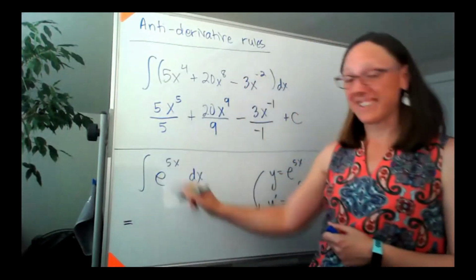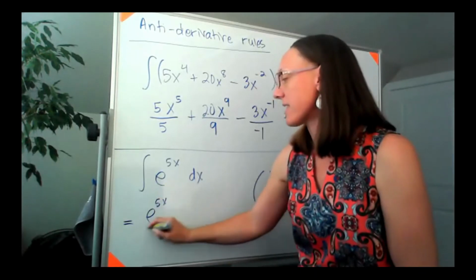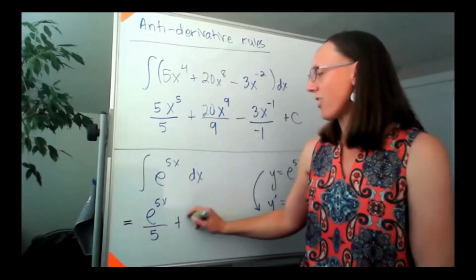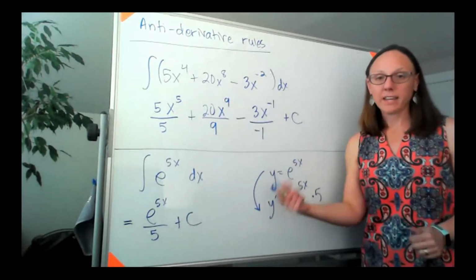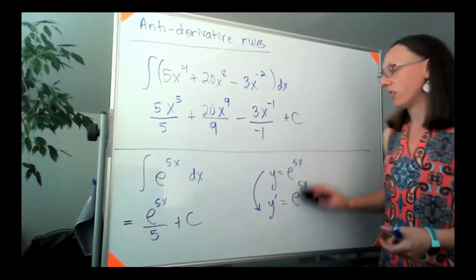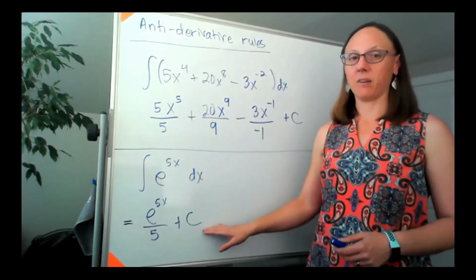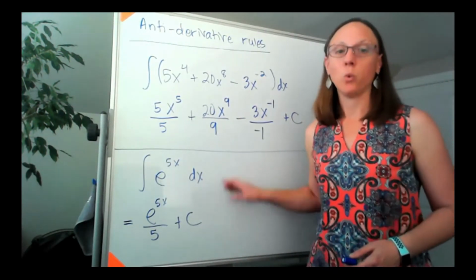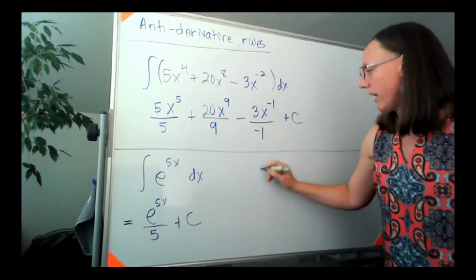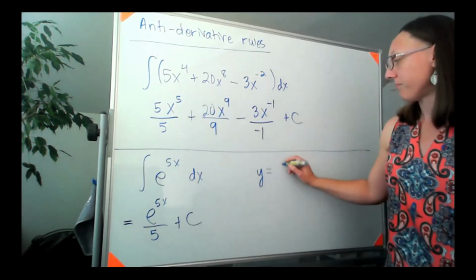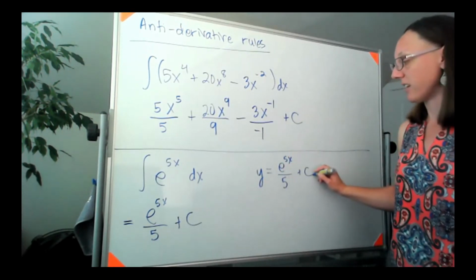So the antiderivative of e to the 5x is going to be e to the 5x divided by 5 plus a constant. Now, if you want to check your work, the fundamental theorem of calculus says whatever we think the answer is down here, if we take the derivative of it, we're supposed to get the e to the 5x back. So if I made y equal to e to the 5x over 5 plus a constant, and